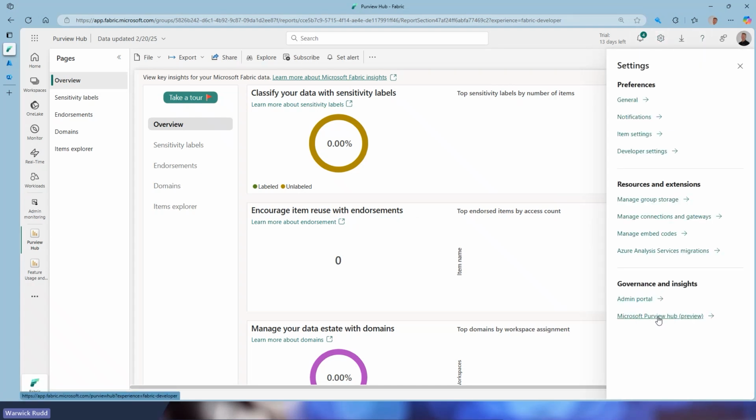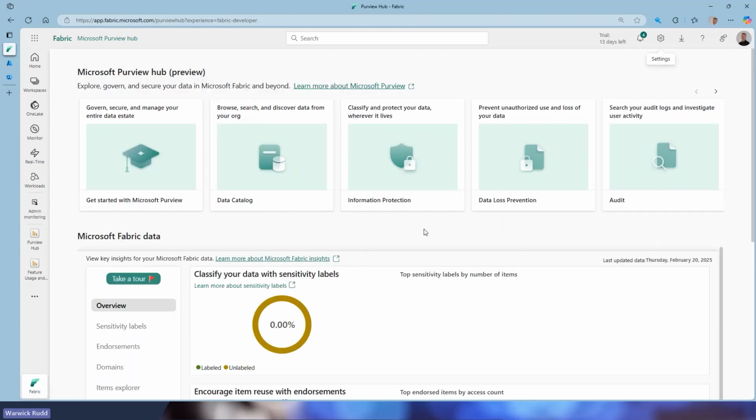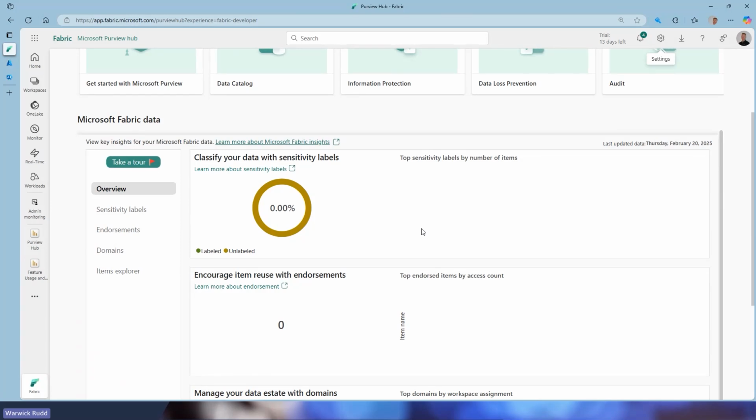settings, we can then jump to our Purview Hub. This is where we want to jump in and we're able to undertake what we want to do in configuring that data governance, right? So we want to scan our pipelines, our semantic models, or not just the semantic models, but any of that data for sensitive data to be able to go, right, I need to put these sensitivity labels on so that we're able to then track and assign appropriately. Our endorsements, this is where it comes down to those reports on being able to